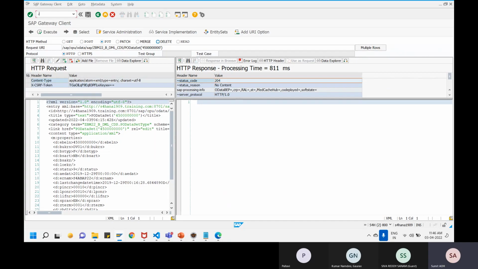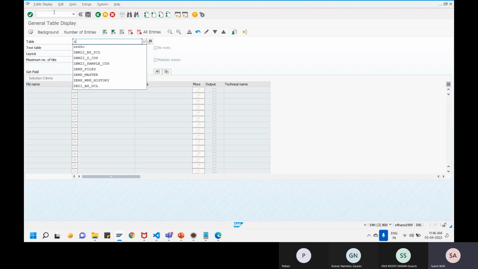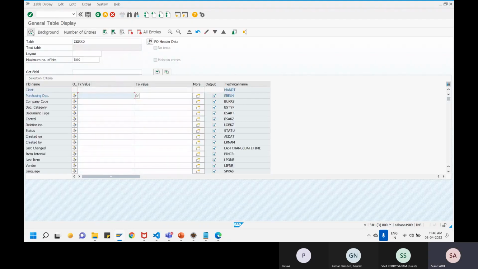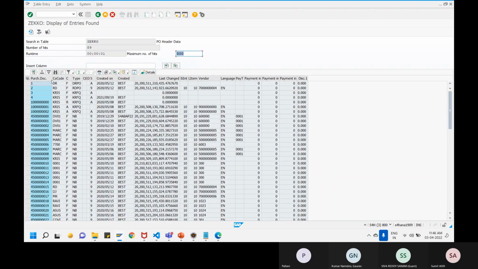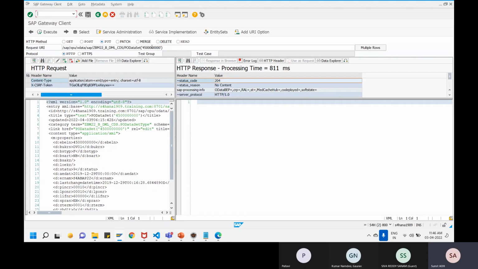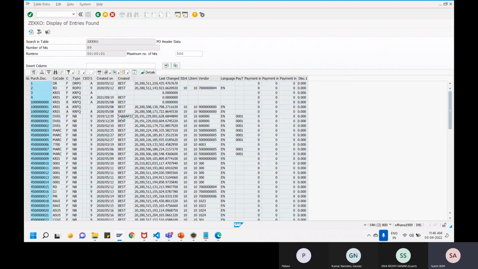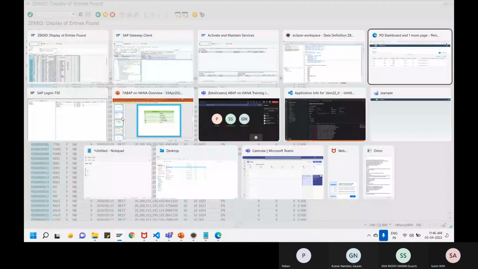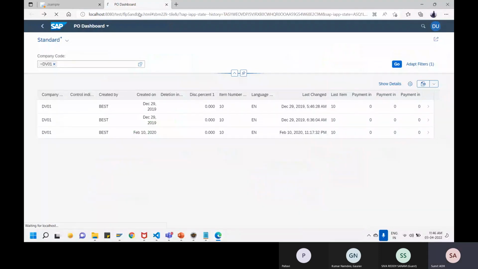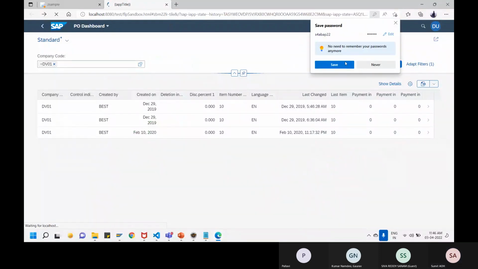Now if I go over here at my database level, saying ZEKKO, the created by we updated for this particular purchase order to S4 ABAP 22, which is a success. If I just try refreshing this application,